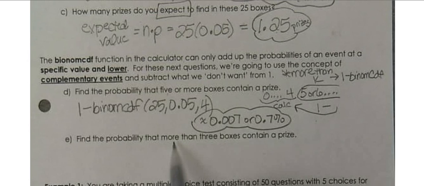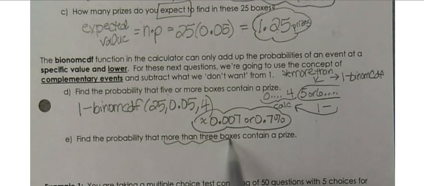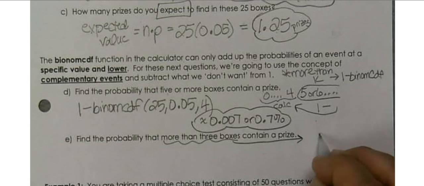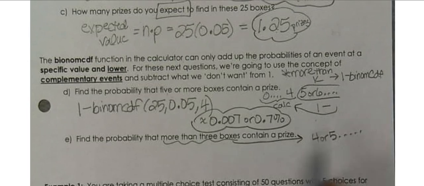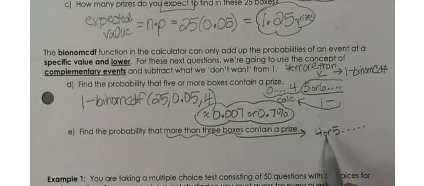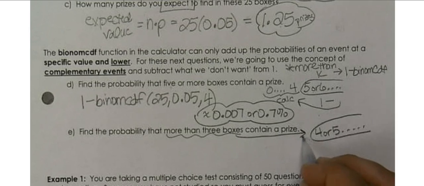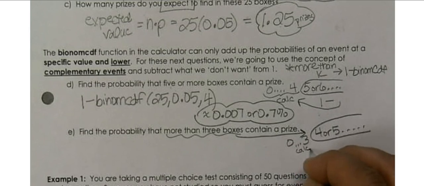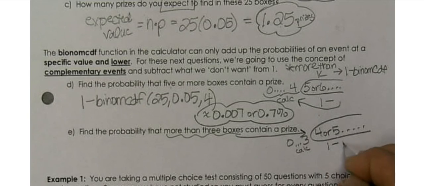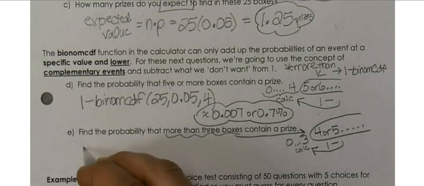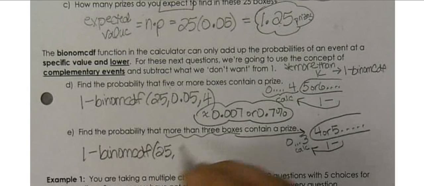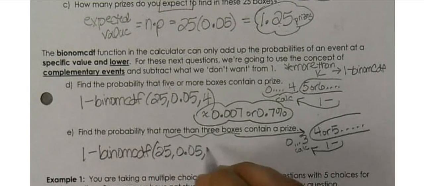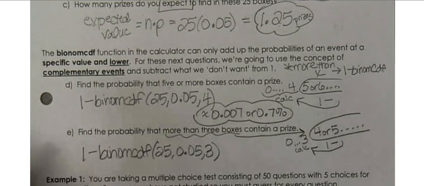Now it says find the probability that more than 3 boxes contain a prize. Well, here if we want more than 3 boxes, doesn't that mean that we want 4 or 5, etc.? More than 3 doesn't include 3. So again, because we want this, let's think of what we have to subtract off. This is what our calculator can tell us. So what we want to do here is we want to take 1 minus all of this. So we're going to take 1 minus the binomial cumulative distribution frequency using 25 trials, a success rate of 0.05, and 3. So putting that in the calculator,